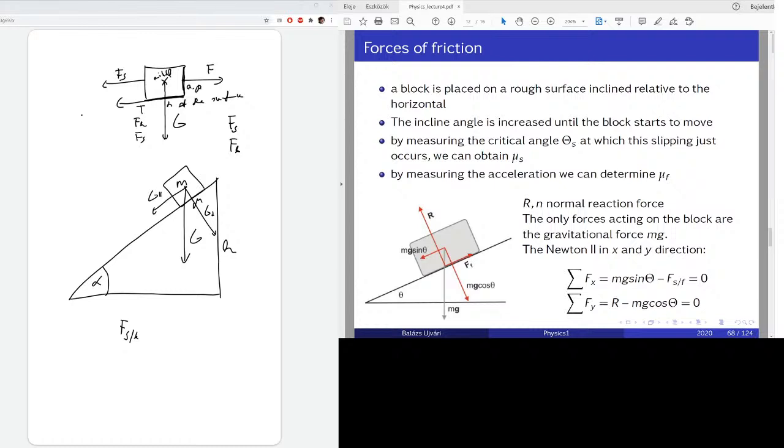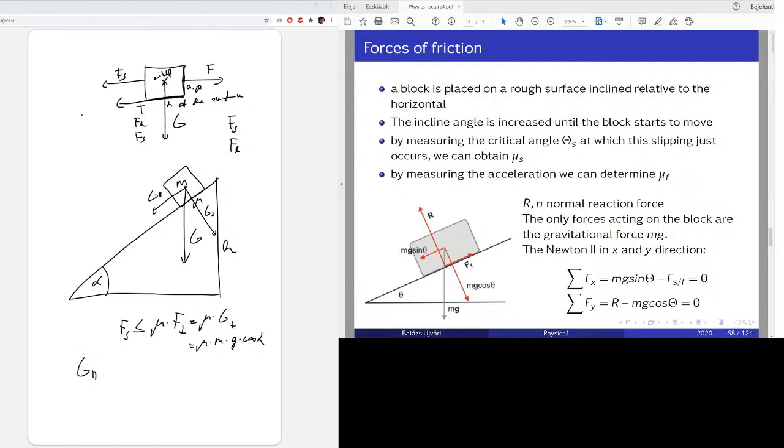Let's start with the static friction. The static friction is smaller or equal than mu times the perpendicular force, which is mu times g perpendicular, which is mu times m times g times cosine alpha. So if I calculate the g parallel